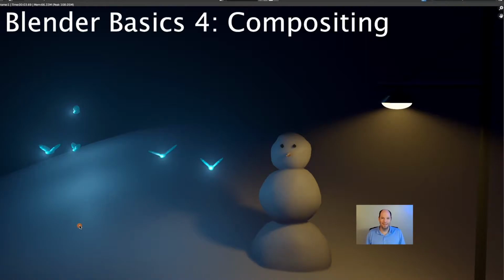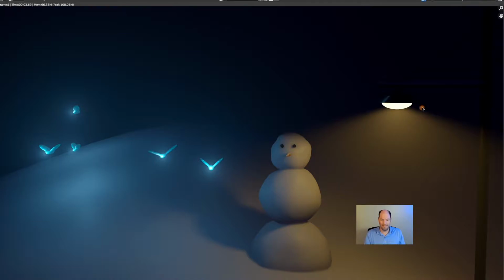Welcome back. We're going to pick up right where we left off with this nice snowman and his light, where we had the dust showing these beams and some fairies flying around this little snowbank. And at this point we're basically done with building things inside of Blender, and what we want to do is take a closer look at the rendering and how we get an output that we want,